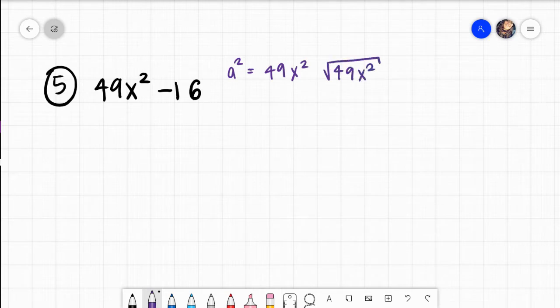I'm trying to think, of course, in my notes, like I skip steps and stuff. Okay, so sorry. So I know that we're going to take the square root of a squared, and a squared is 49x squared. I know that I learned that exponent rule, which states that you could raise a base to